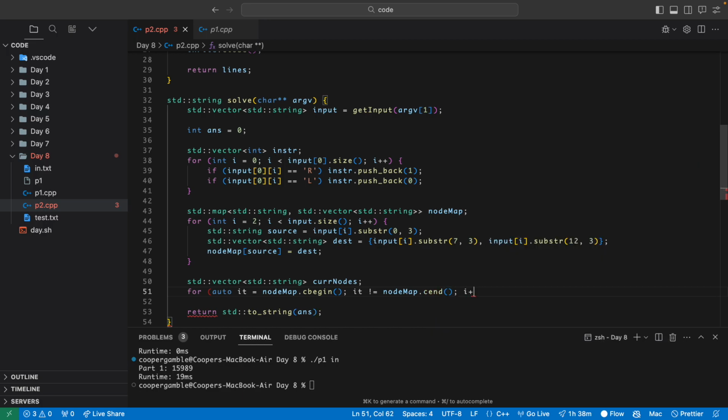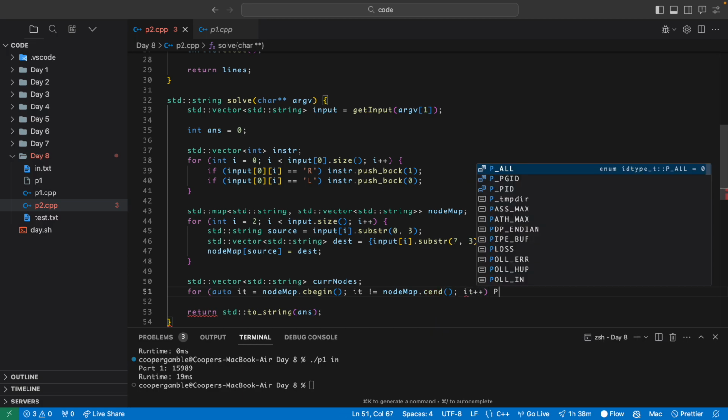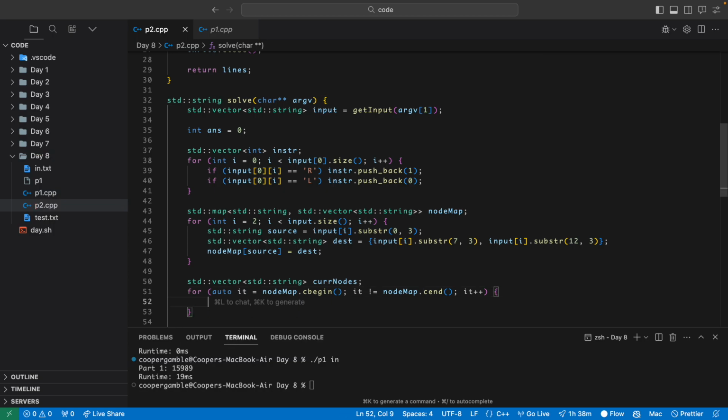And of course, we want to increment by 1. What we're going to do is say, okay, so the key of this iterator is going to be our source node, and then the value is going to be our vector of destination nodes. And so we're going to say if the first value of the iterator, which again is the source node, if its last character